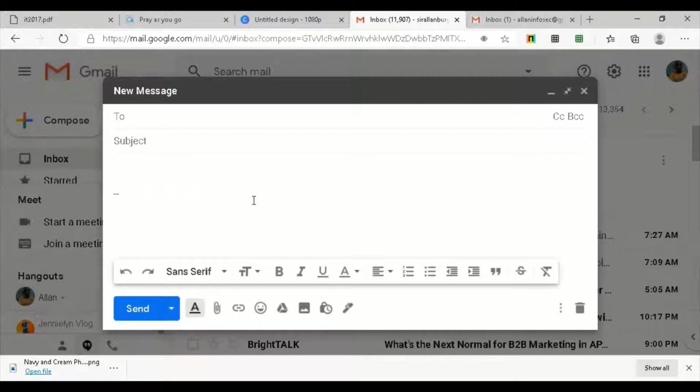This is the autocomplete feature. Autocomplete is a common feature in most email clients. As you type the name of the person you want to email, your email software automatically selects their email address for you. So for example, if I type Janice here,